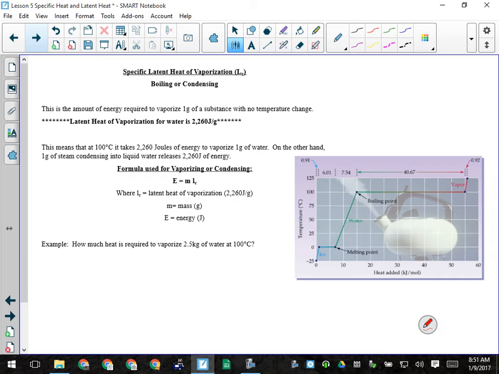It wouldn't be in newtons. Newtons is force. How many joules? Depends how much ice. Okay, for every gram, it's 333. So if I have 2 grams, it'll be 666. If I have 3 grams, 999. Yeah? Okay. Now, if I want to change state from liquid to gas, and this is the latent heat of